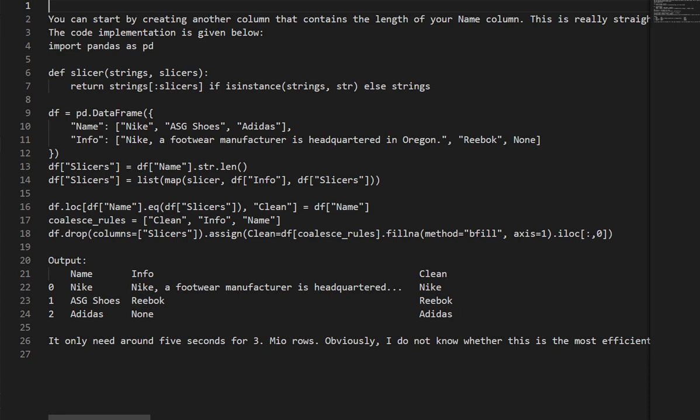The code implementation is given below. import pandas as pd. def slicer(strings, slicers): return strings[:slicers] if isinstance(strings, str) else strings. df = pd.DataFrame({ 'Name': ['Nike', 'ASG shoes', 'Adidas'], 'Info': ['Nike, a footwear manufacturer, is headquartered in Oregon.', 'Reebok', None] })